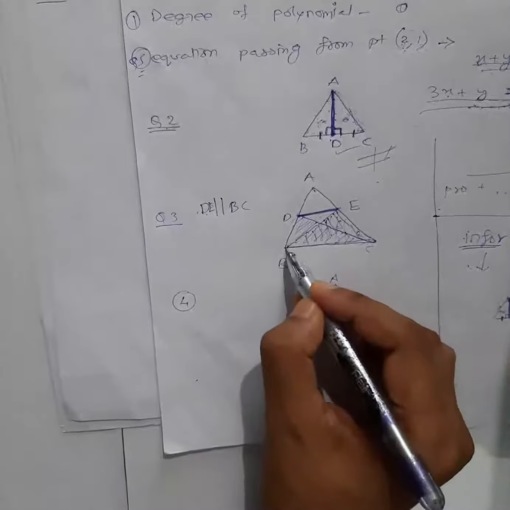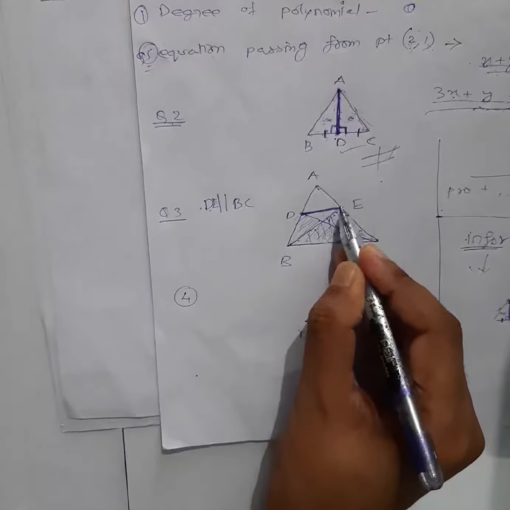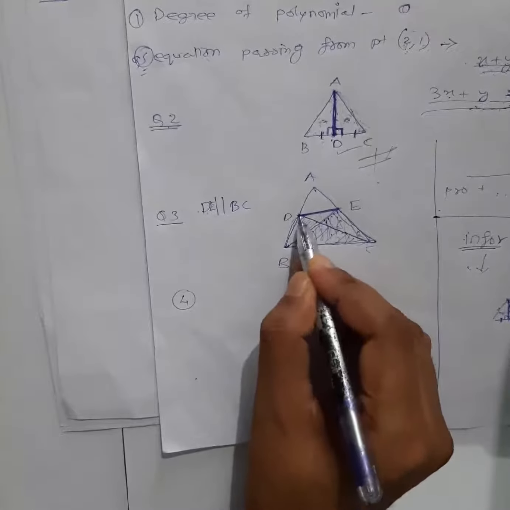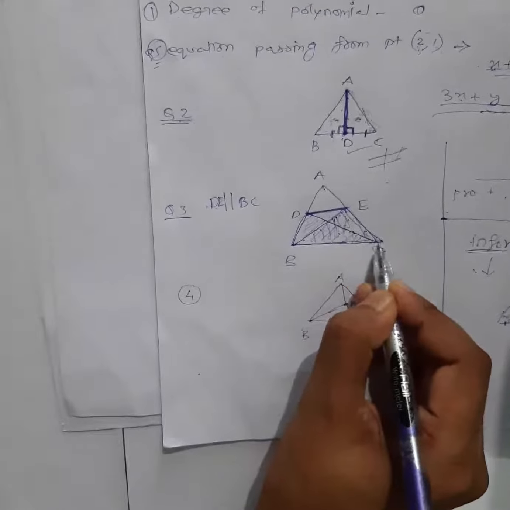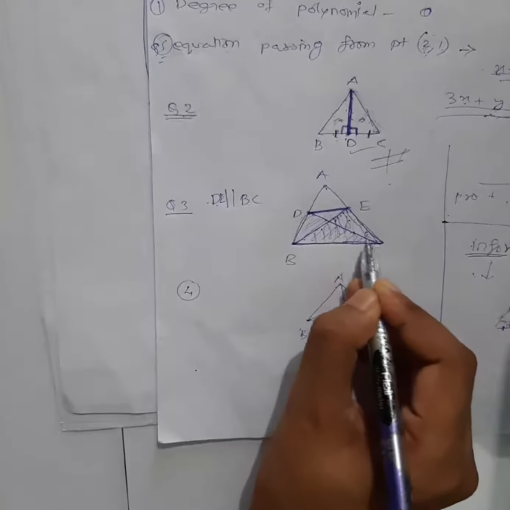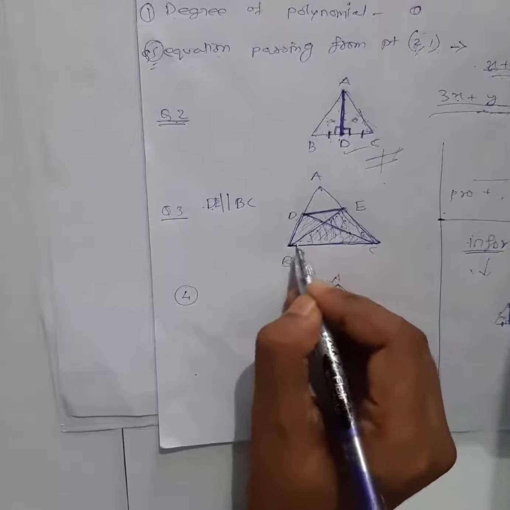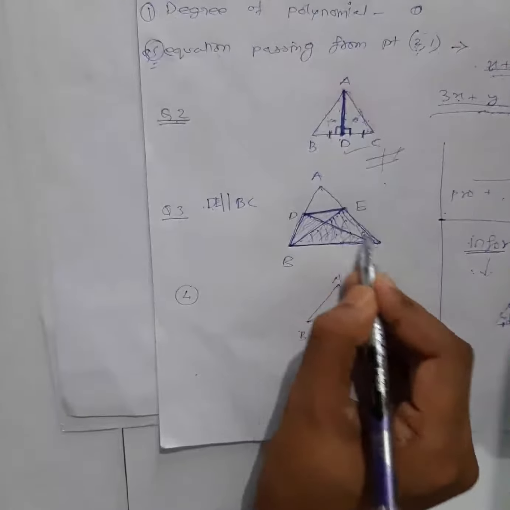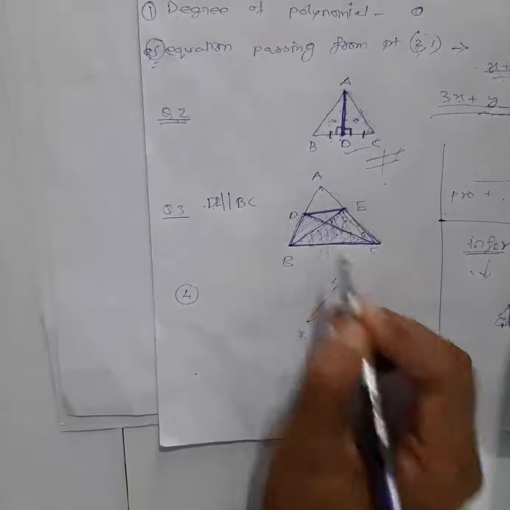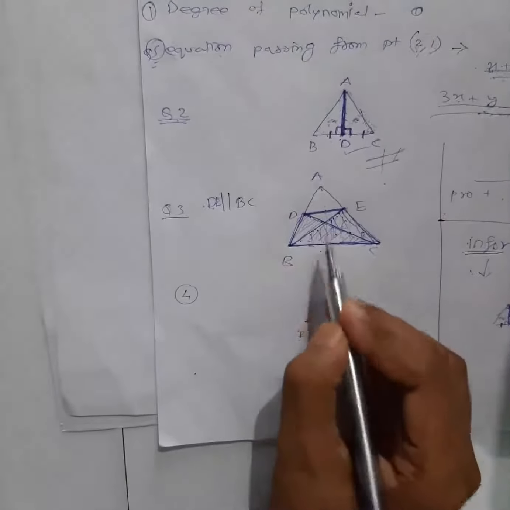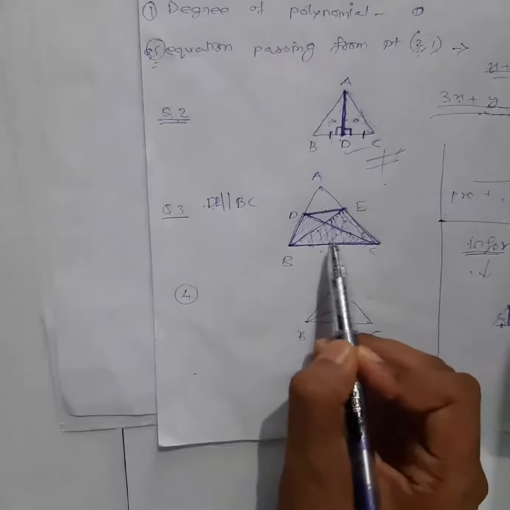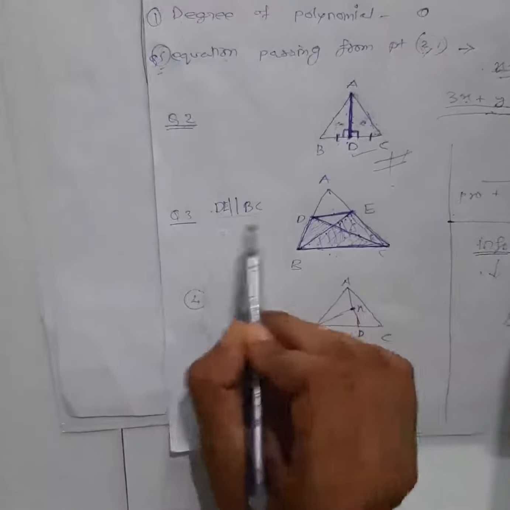So this question is very simple, we have done this property. Two triangles having the same area and drawn on the same base. You can see this is the base of this triangle, and this is the base of this triangle as well. So two triangles having the same area and the same base always lie between parallel lines. That statement only you have to write. That's why it was for only 2 marks. So only mentioning that statement will give you the answer.